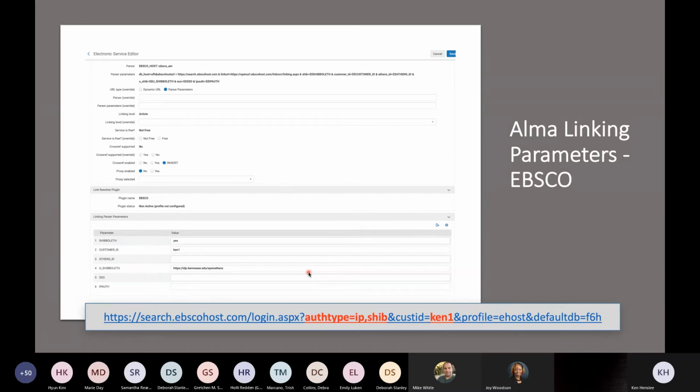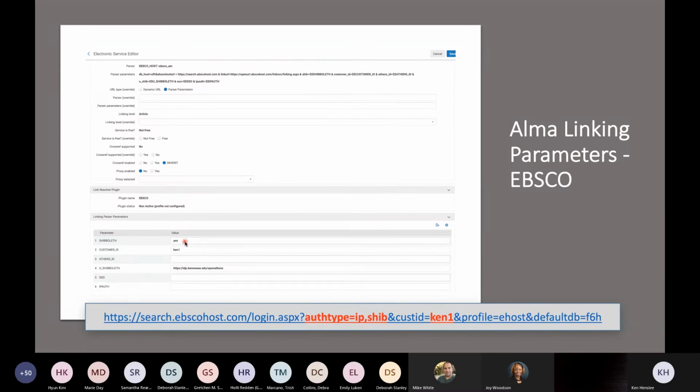So their desired user path is for campus and off-campus users to have to log in through OpenAthens alike. So in this case, you don't enable the redirector. EBSCO is unusual. This would actually cause it to fail if you have Shibboleth enabled. So in this case, we have a yes linking parameter for Shibboleth, which will employ